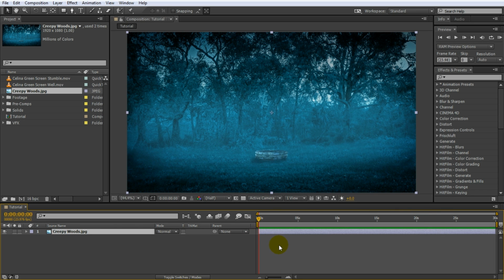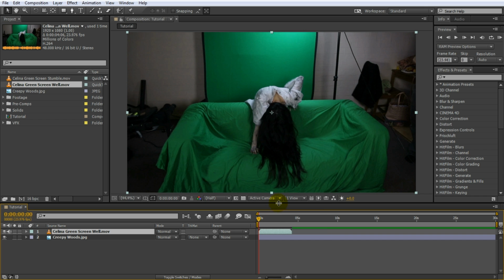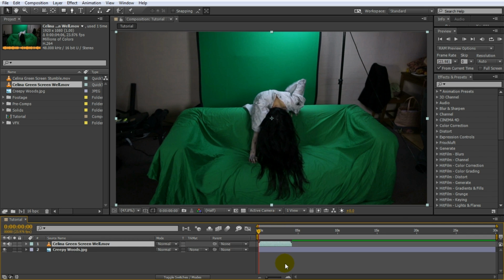Let's first add Samara into the scene, crawling out of the well in the middle of the forest. Here's a video of Samara, played by Celina from Fables and Fashion, in the middle of our green screen setup. We actually tried to replicate the shape of the well in the forest using my couch. This allowed Celina to climb over the edge of the couch as if she were crawling out of the well. It gives us something to interact with and it ensures that this clip can be composited realistically onto the well